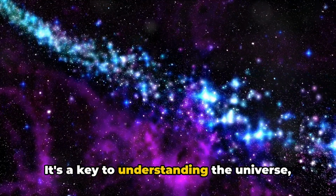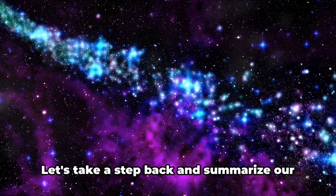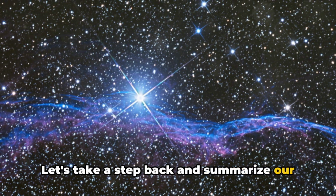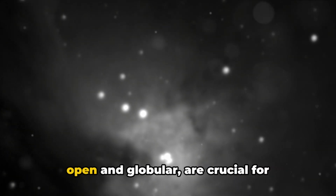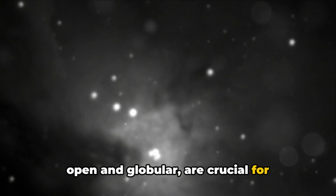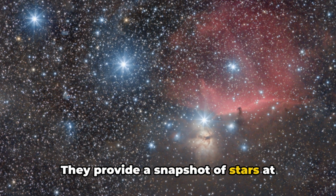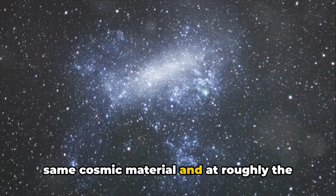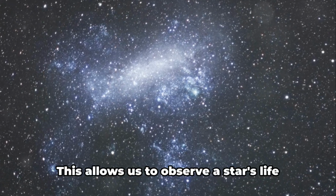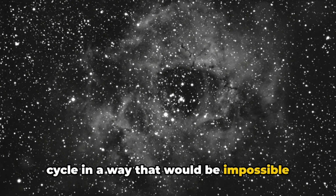It's a key to understanding the universe, its history, and our place within it. Let's take a step back and summarize our key findings. We've learned that star clusters, both open and globular, are crucial for understanding stellar evolution. They provide a snapshot of stars at different life stages, all born from the same cosmic material and at roughly the same time. This allows us to observe a star's life cycle in a way that would be impossible with